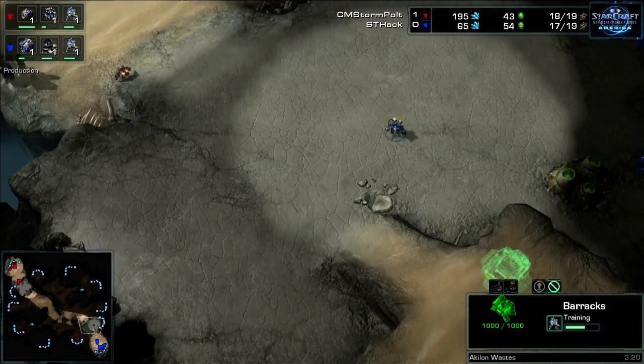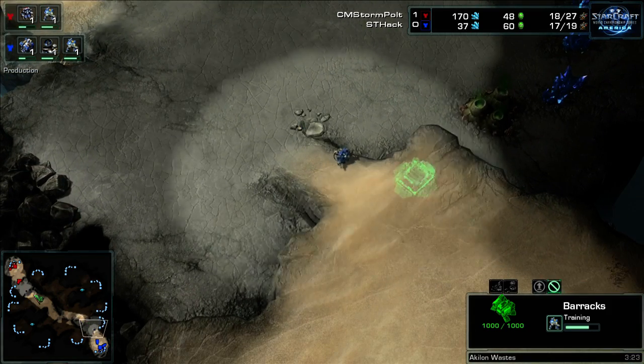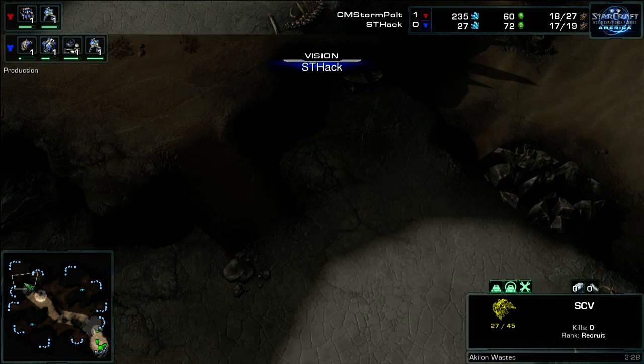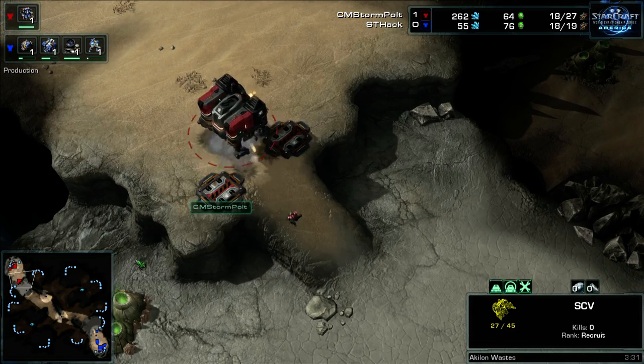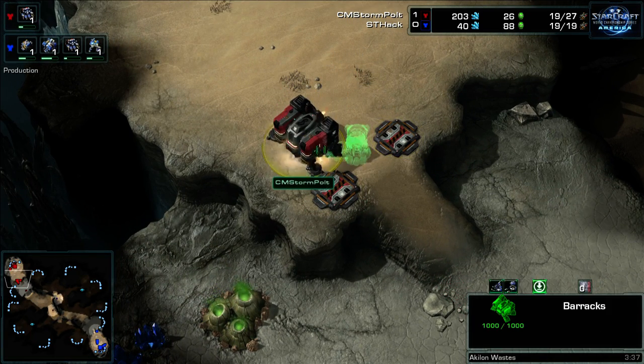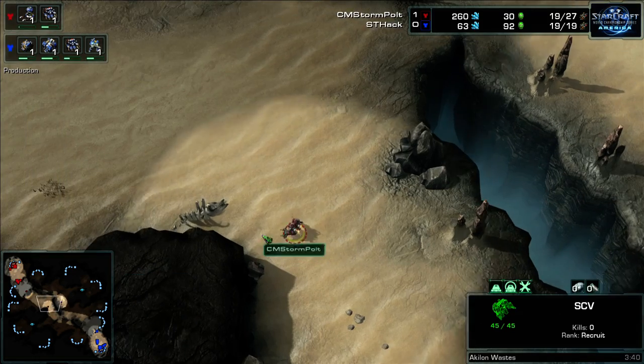And this is a perfect scout, I think, by Hack. Now, a lot of people would say, well, he doesn't actually see anything. The fact that he sees the Marine popping out here allows him to know that it's for sure a barracks first. Oh, and even the second supply depot. That's right. Well, he didn't get in to see the supply depot, but...